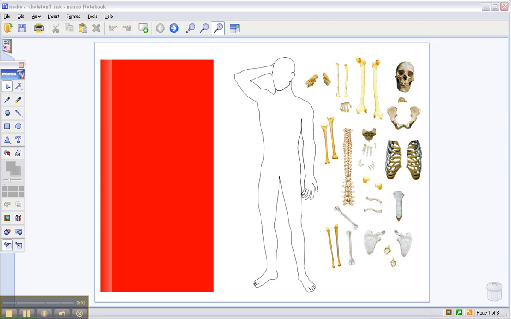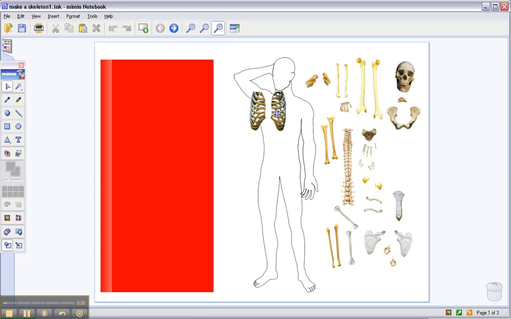I'll show you a couple of examples. The first Mimio that I've got here I've made myself, and I'll show you how it works, and I'll show you a couple that I've downloaded straight off the Mimio website. So the idea for this one is for students to learn the bones of the skeleton and where they belong. So we can move the parts and put them in where they think they go,